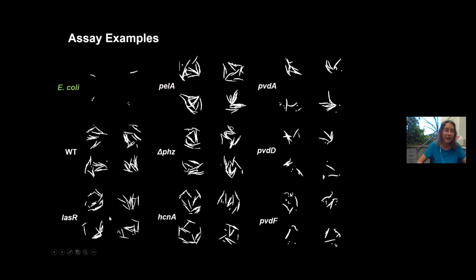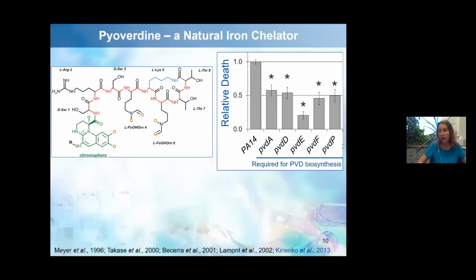Mutants in quorum sensing, pellicle production, phenazine production, so that would be your biofilm, or cyanide production did not show any attenuation. However, when we use mutants in pyoverdine biosynthesis pathways, or PVD mutants, we see a decrease in host death. And these bars show quantification. So in the presence of the pyoverdine biosynthesis mutant, the worm death rate dropped about twofold or so. This is how we got interested in pyoverdine.